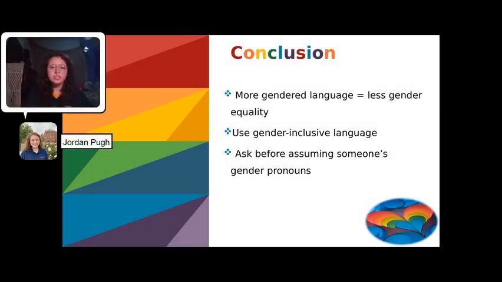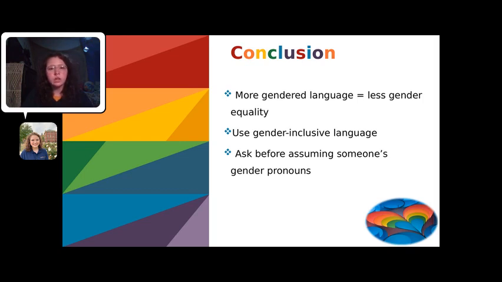In conclusion, research has found that countries that use more gendered language have less gender equality. In contexts where language tends to operate on a binary, this gendered rhetoric impacts how people perceive gender expression. Lera Boroditsky, a professor of cognitive science at the University of California, San Diego, declared, "Even what might be deemed frivolous aspects of language can have far-reaching subconscious effects on how we see the world.